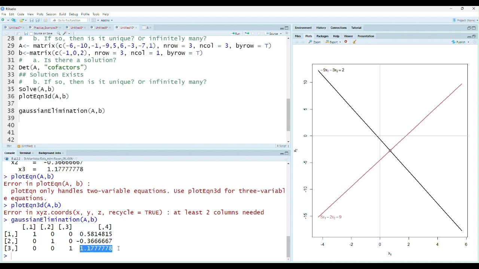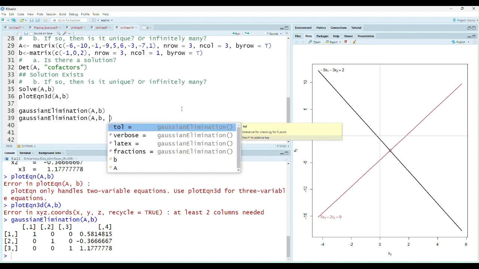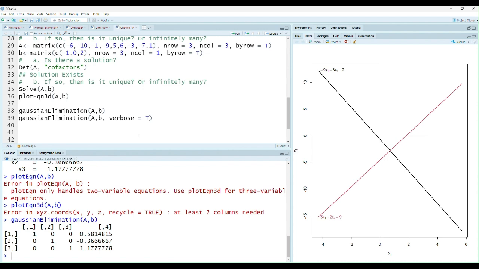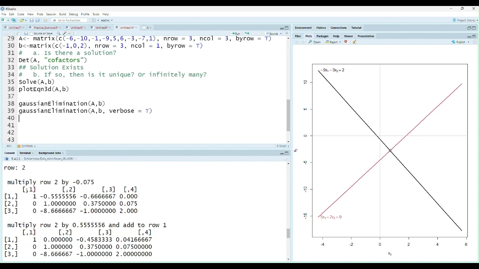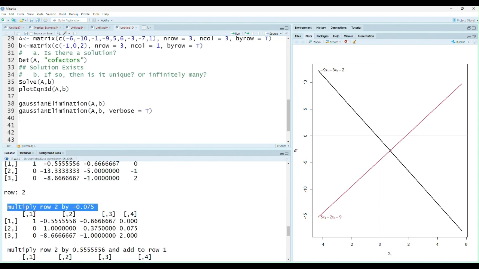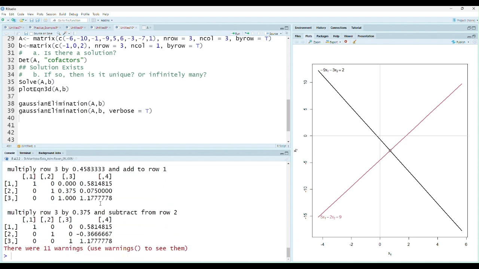All right. Also, if you want to see the row operations, you will just add the argument verbose and set it to TRUE and run it. You will see in your console a step-by-step procedure of how they made the left-hand side equal to the identity matrix and how they get the solution. All right, so you can use it. Also, you can use the other technique. For example, you can say that Gauss elimination method